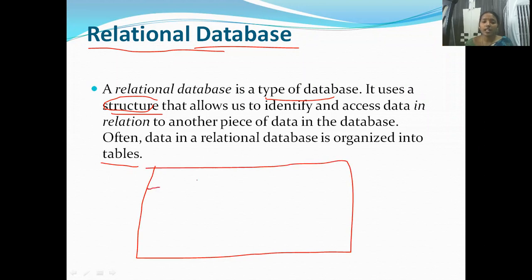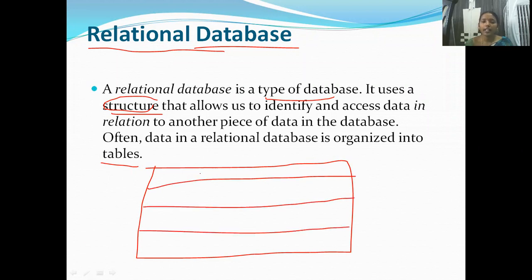Now, what does this table have? The table will have rows, and it also has columns.